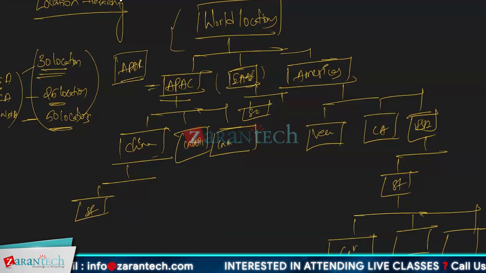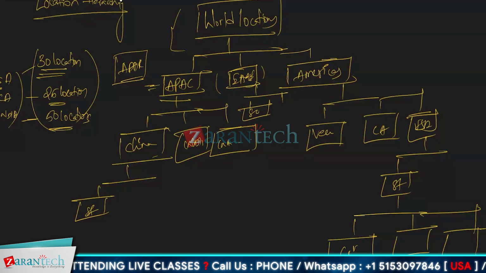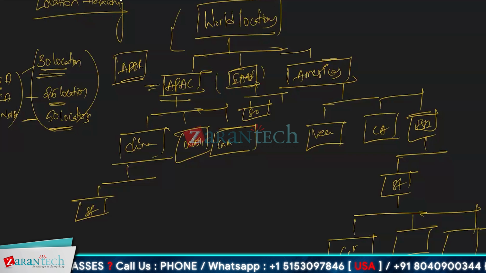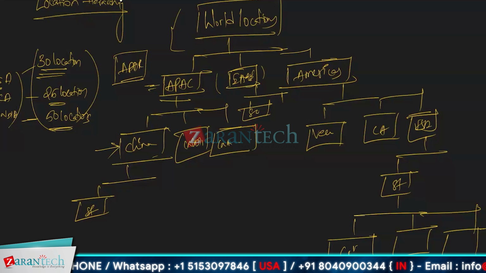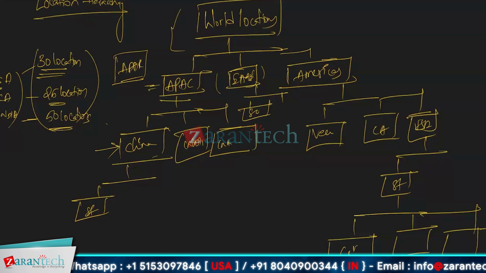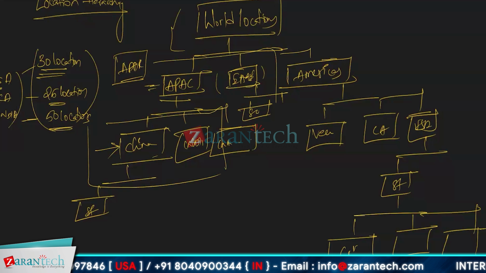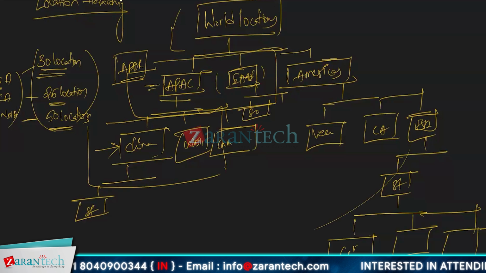So the APAC region consists of all the employees from China, India, Singapore, Indonesia. You can get a list of employees from all these areas, and then you can report on it. It's not just the number of employees, but you can report on their cost structure, how much you are spending. There are a lot of reports you can build on each level. You can build reports specifically on China, or on a few countries in the APAC region, or you can do a combination of multiple regions. So it will form a logical way of arranging the employees into